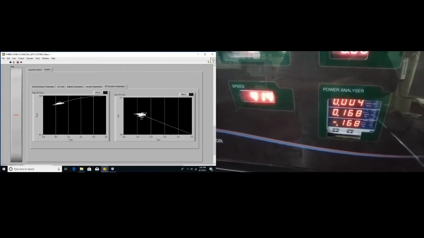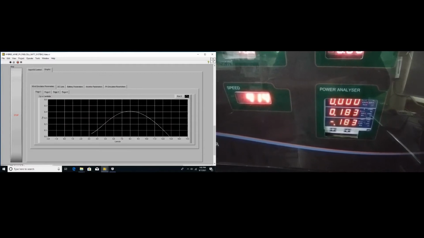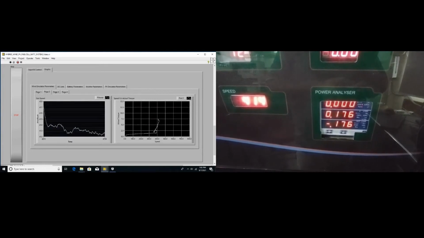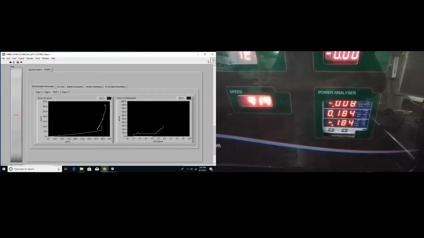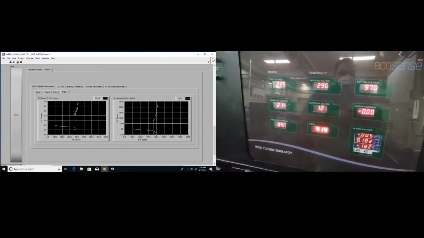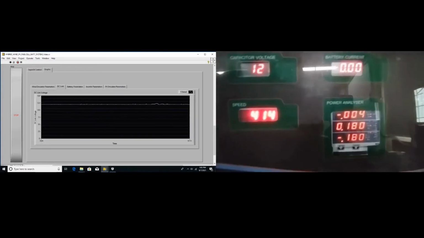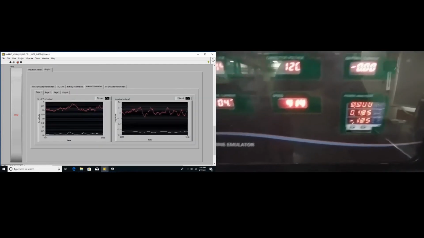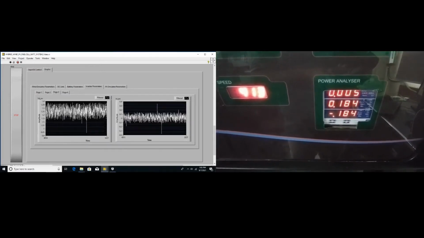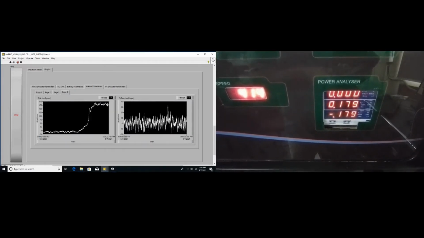We can see the different parameters in the graph section. This is the CP versus lambda curve. This is the generation speed versus time curve and the speed versus torque curve. We can also see the speed versus power curve and the wind speed versus power curve. We can see the DC link voltage is set to 120 in the graphical format as well. As we are running the wind emulator system, we can visualize all these values in the wind emulator parameters of the graphical section.